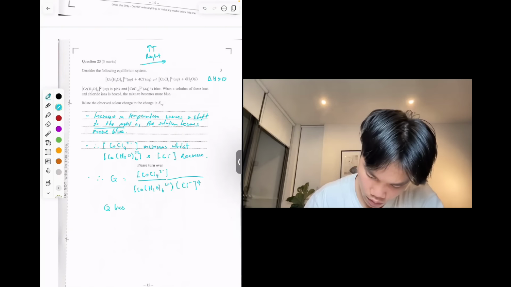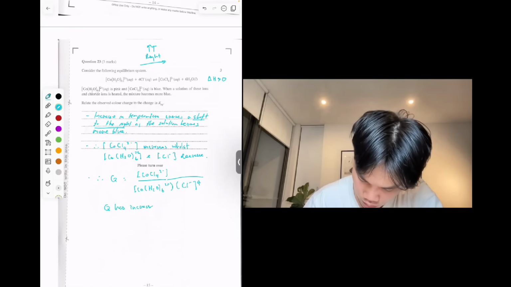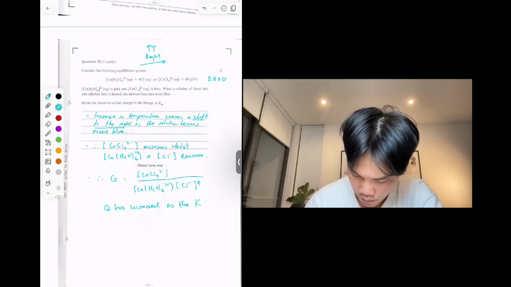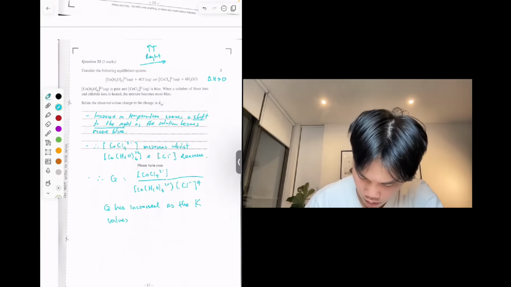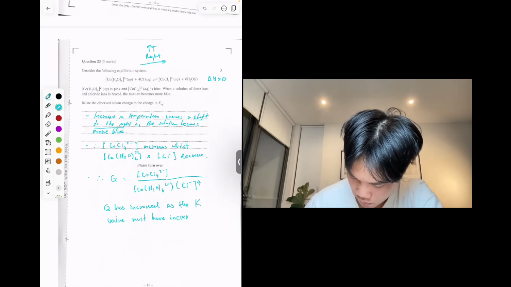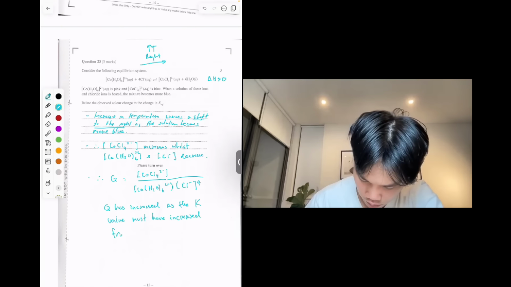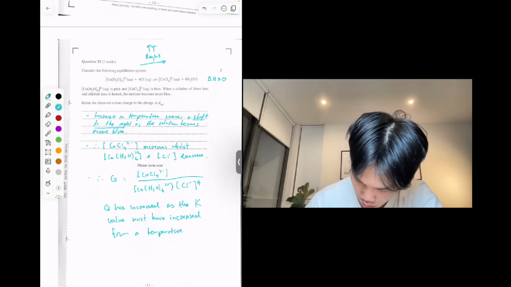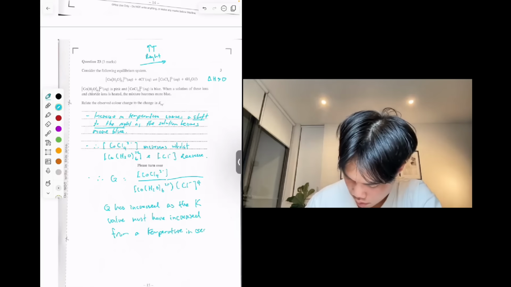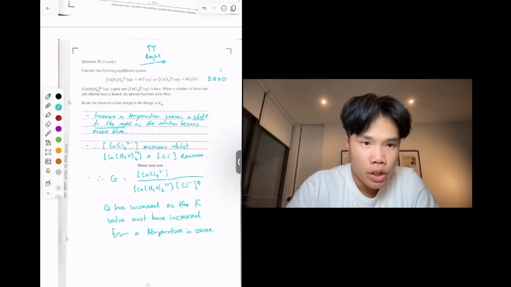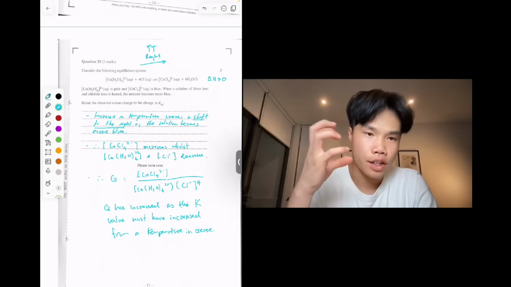Q has increased as the K value must have increased from a temperature increase. So I'd say something along the lines of that, where you're essentially relating that increase in temperature causes a